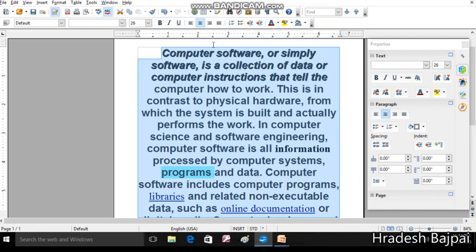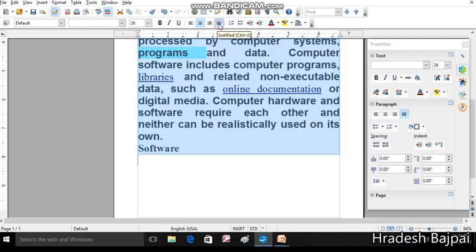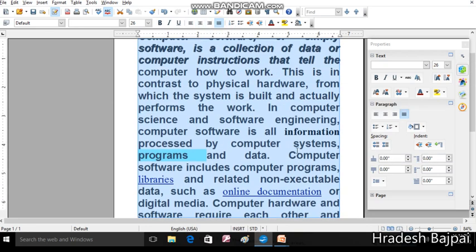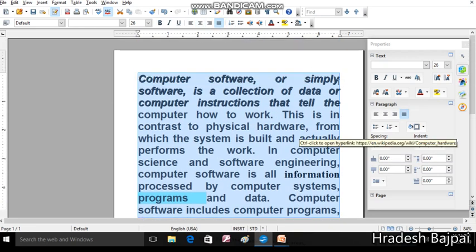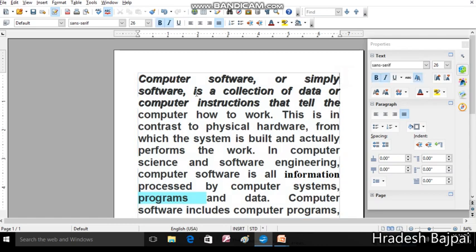And the ideal alignment is the justified alignment. Here you will find the lines organized properly from the left and right. The starting position of each line is the same, and the ending position of each line is the same. So these all are text alignment.